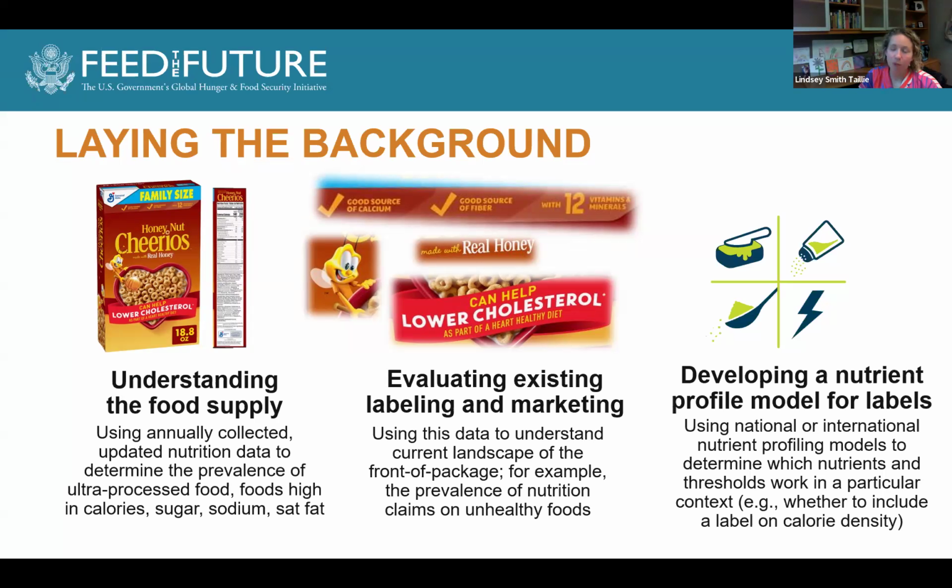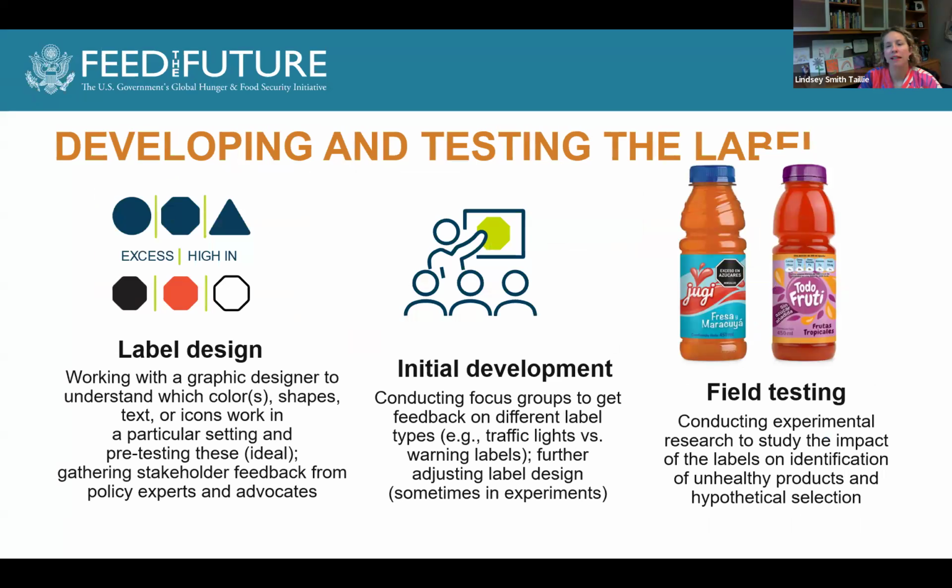And this is a really important and sometimes challenging task because you're looking at the distribution of the nutrients in the food supply, what people are eating, what the recommendations are. And you also want to be mindful of capturing the products that are unhealthy, but not necessarily making a nutrient profile model that's too strong, or else you might capture the entire food supply and then people won't have choices. So there's a lot of research that has to be done to figure out what's the right threshold for a particular country.